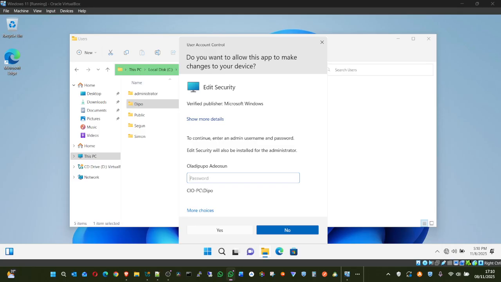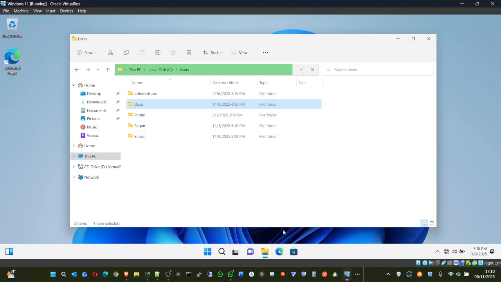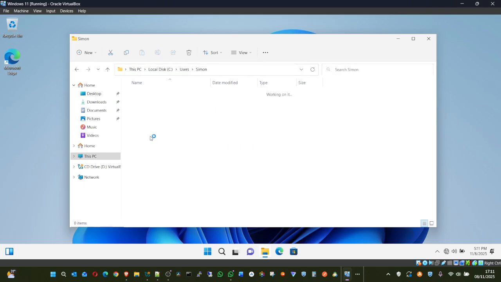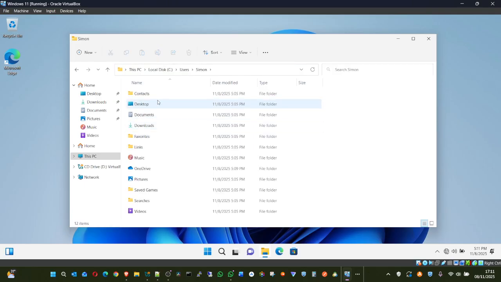So now, without the password, I cannot get access. If I say, do you have the password to this and that? No, then it will cancel. It won't go further. Shegun can only have access to his own file. I mean, Simon can only have access to his own folder.